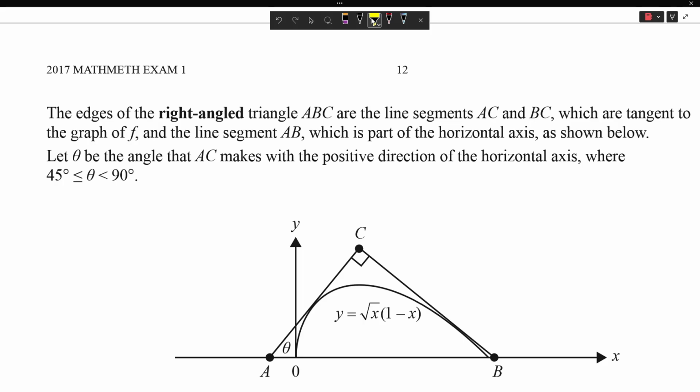Hey everyone, welcome back to the Methods 2017 Exam 1, and this video is going to be focusing on question 9c. This question tells us that the edges of the right angle triangle ABC are the line segments AC and